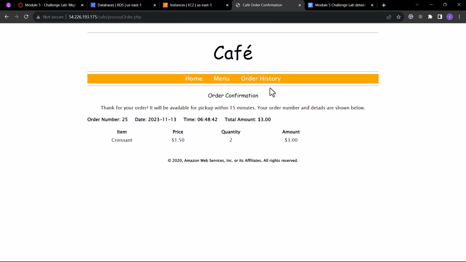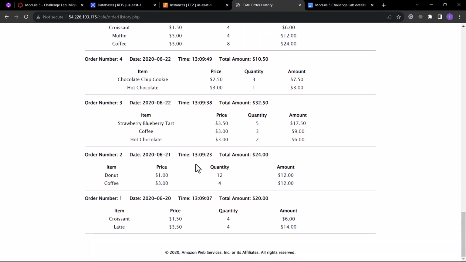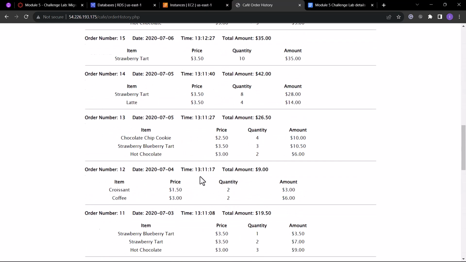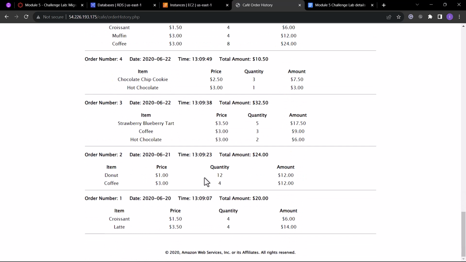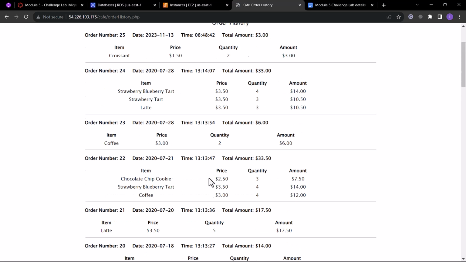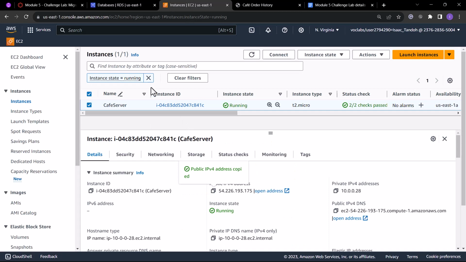If I go to the order history, I should see a lot of orders that have been placed already. So it can tell you that the Caffe is growing and orders are coming in, so there is a need to scale up, right? So that is why we are moving to a managed RDS instance. Great. So what we are going to do next is to use the Systems Manager, Session Manager to connect to